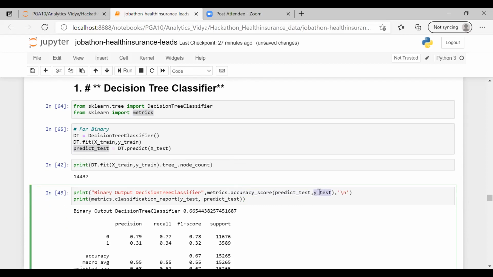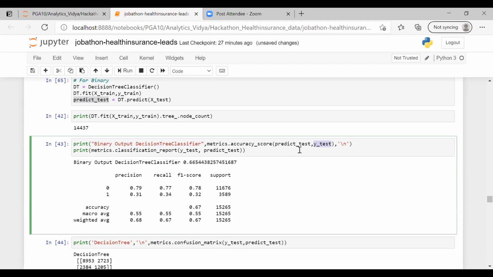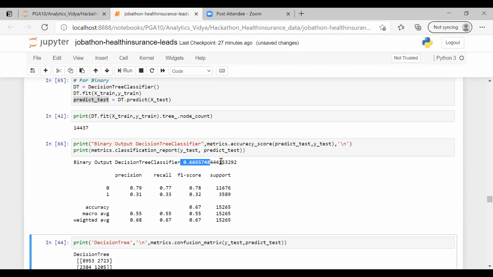So this is my 30% of the y split, which was the actual answer. If I run that, okay, my model is quite bad. It's 66%. So 66 is my accuracy.